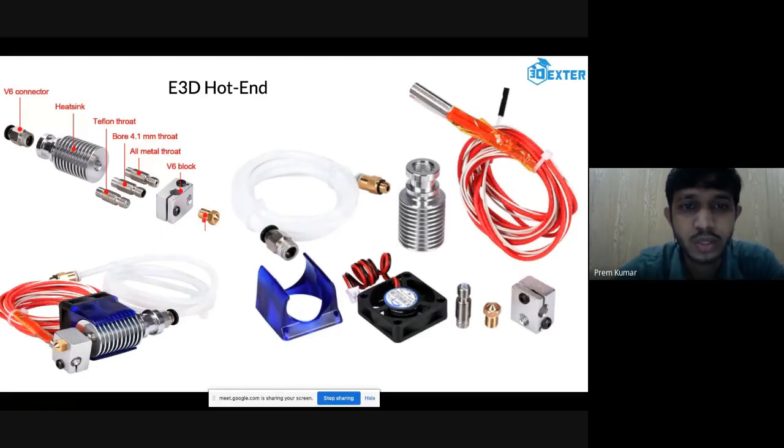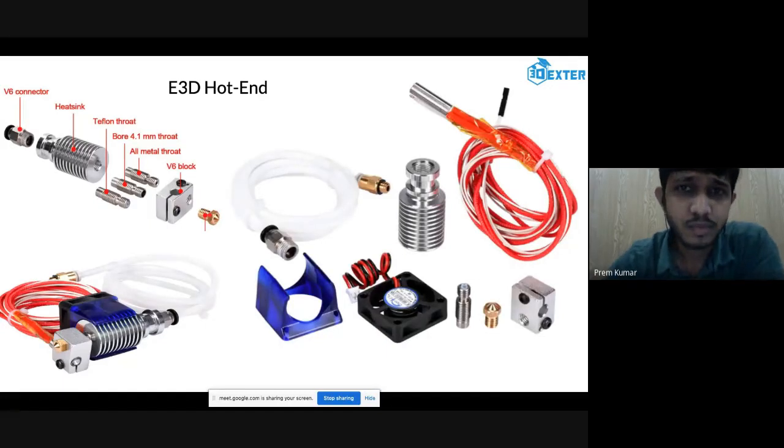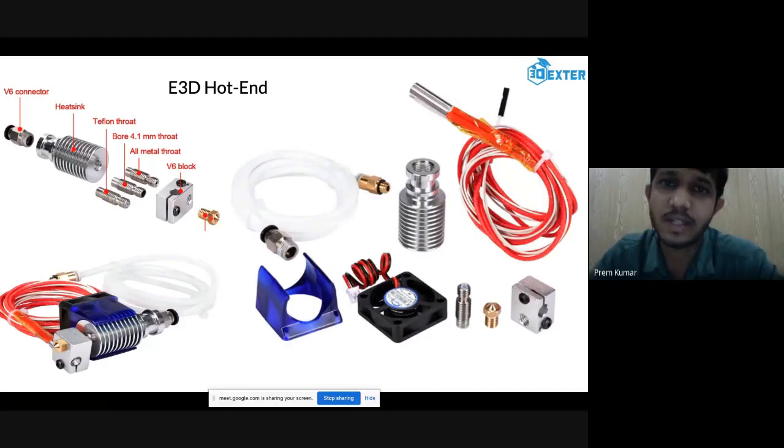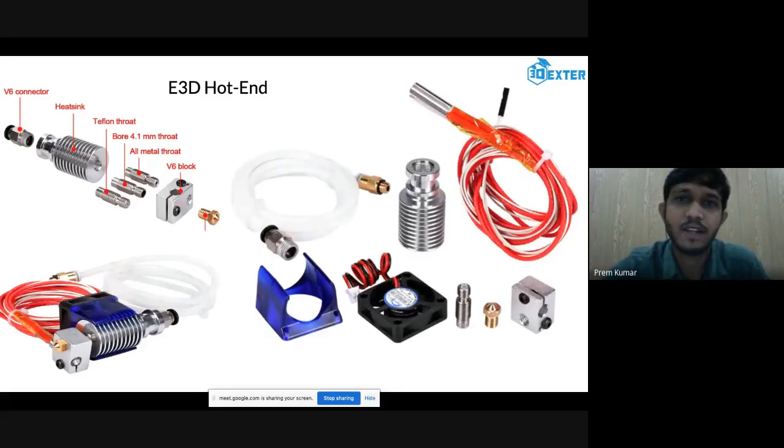If you are going to use different materials which have metallic parts in them, or are some kind of abrasive, like carbon fiber or wood fill materials or metal fill materials. Metal fill materials are those which have very small metallic parts inside the filament. The filament is the same, plastic only, but there will be small metallic parts, so that you can get a metallic finish after printing your parts. For those kinds of abrasive materials, you have to use a different nozzle, which is made of hardened steel.